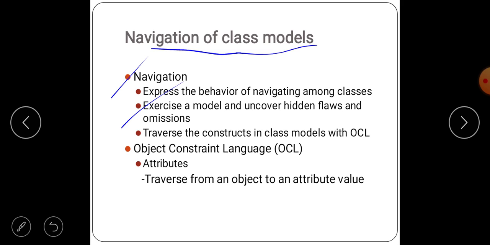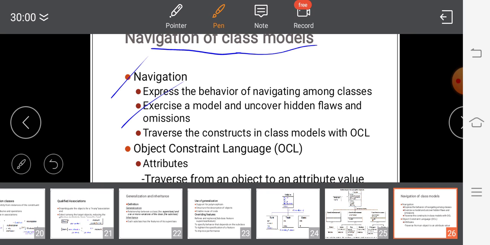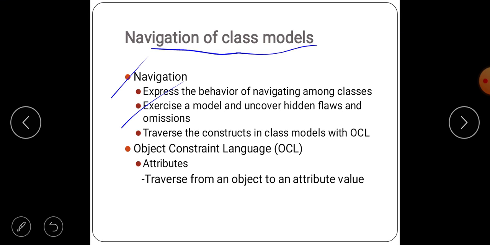This happens when we can repair things, and at that time navigation helps to uncover hidden flaws and omissions.